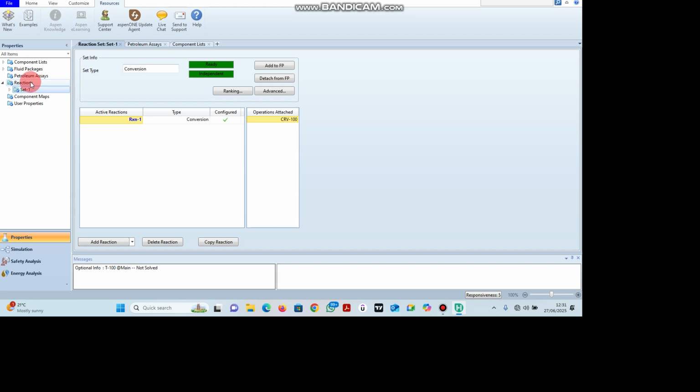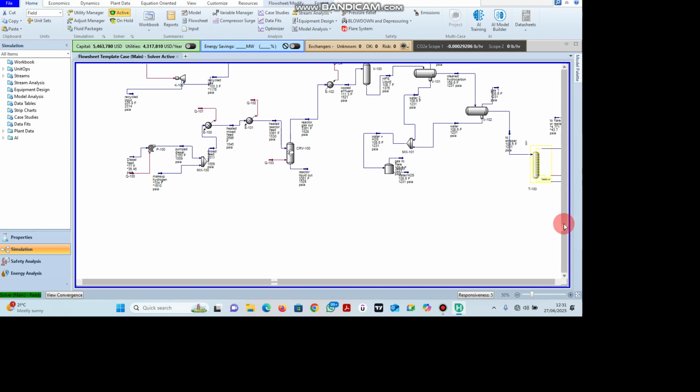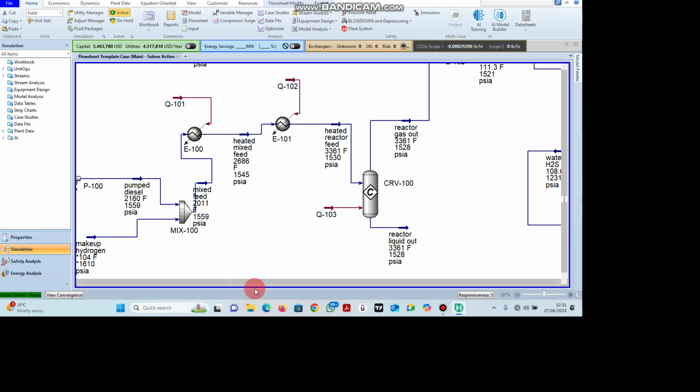Then after you have set your reaction, your components and your fluid package, you come to simulation. Now at the level of simulation, this is where it becomes very complex. You always start small, then you make it complex. So where am I going to start from? I'm going to start from the level of